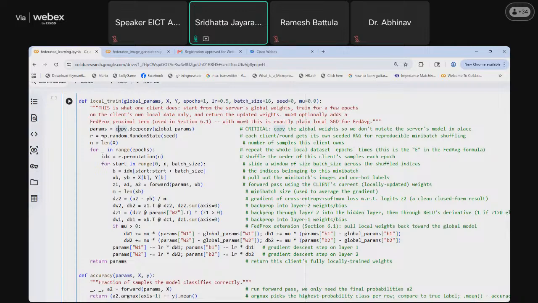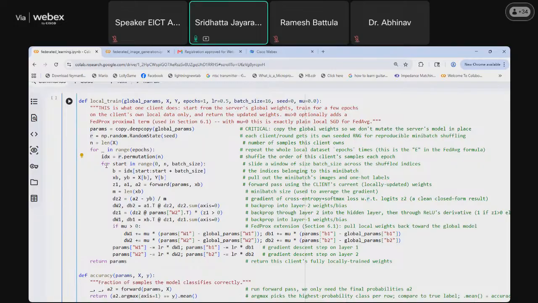We have defined R here for the random state, and N as the length of the training data. Now we are going to do the training. Based on the number of epochs, we run the for loop. For shuffling the training data, we'll be using R.permutation of N within the batch.